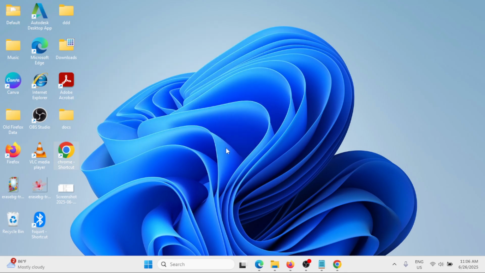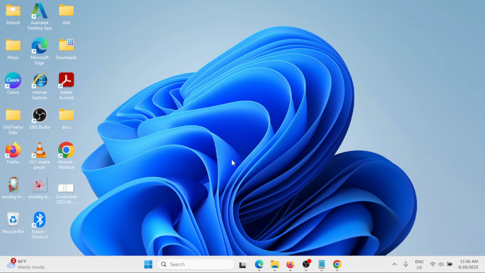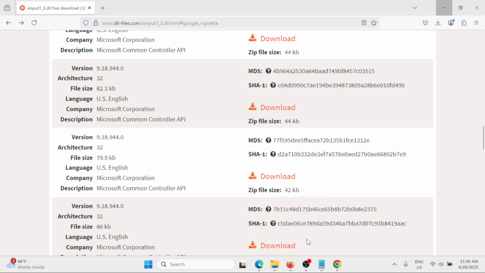Okay, installation is completed. So after installing it, right click at the start button, shut down or sign out and restart your Windows. The second thing is to again open any of the browser that you have on your Windows. Okay, so open any browser and then simply search for